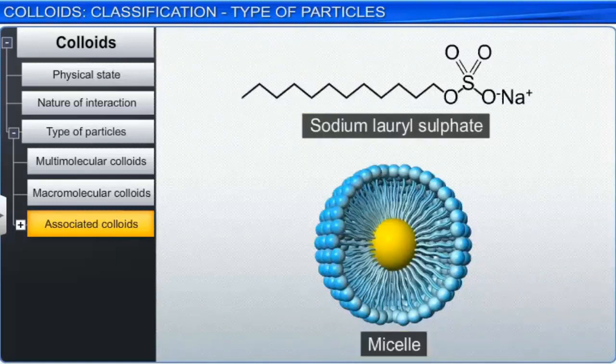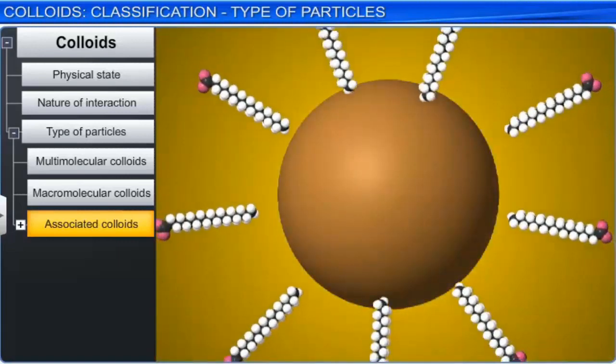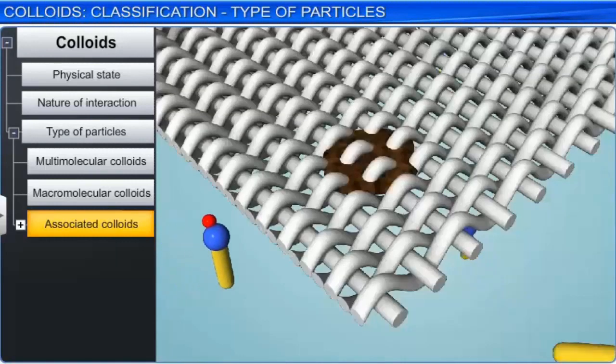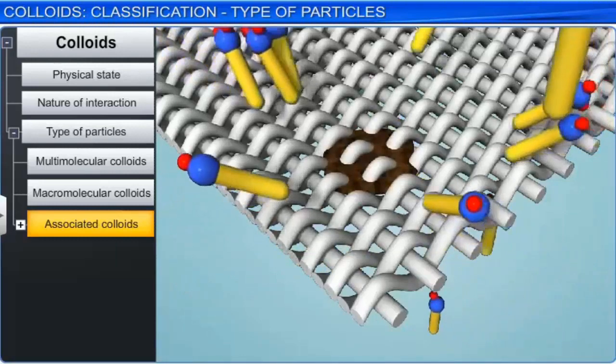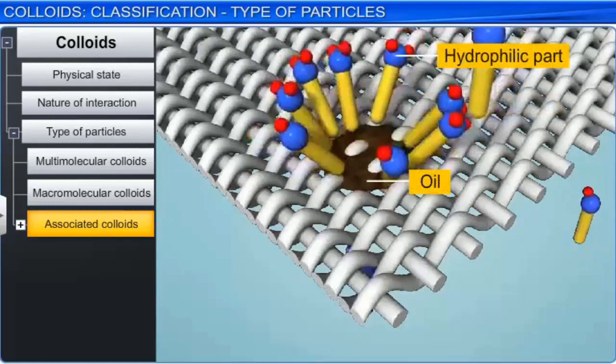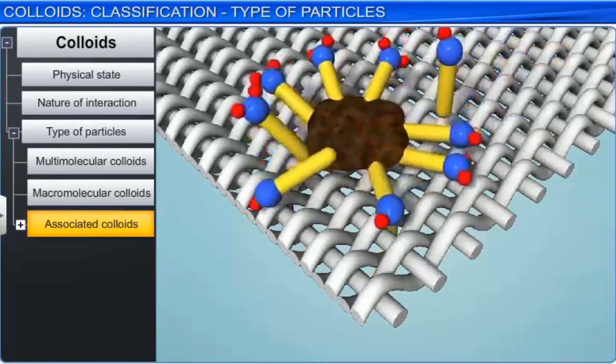The cleansing action of soaps is based upon their tendency to undergo micelle formation. The stearate ions of soap arrange themselves around an oil droplet in such a way that the hydrophobic part of the stearate ions is directed towards the oil and the hydrophilic part projects outside. The hydrophilic part, being polar, interacts with the water molecules, and the oil droplet is pulled away from the cloth into the water to form an ionic micelle.